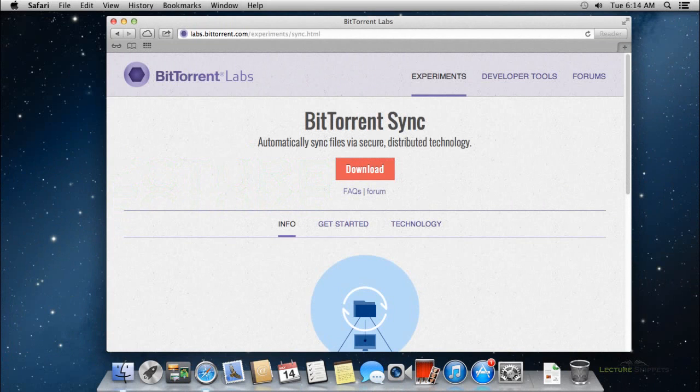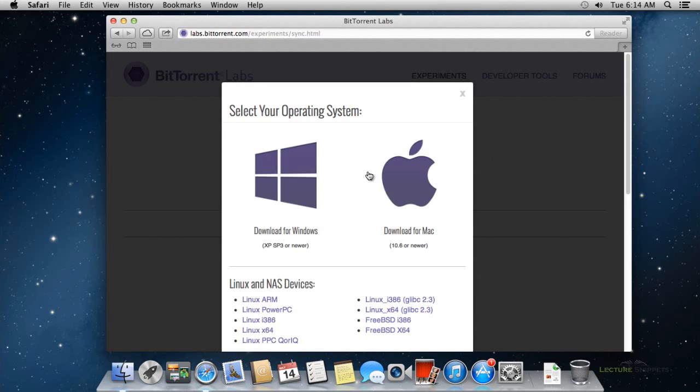And so I have Mountain Lion running here, and I've already gone to labs.bittorrent.com/experiments/sync.html where the application can be found. You can also type it in Google and find it that way. However, I'm going to go ahead now and choose the download option, and we're going to download this particular file. So when we hit the download button, we're going to be presented with a couple different options